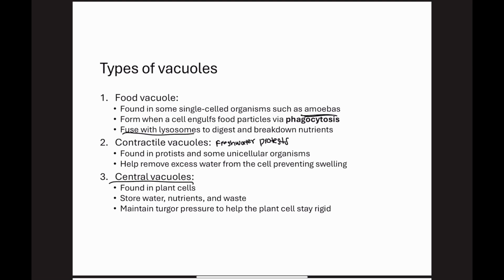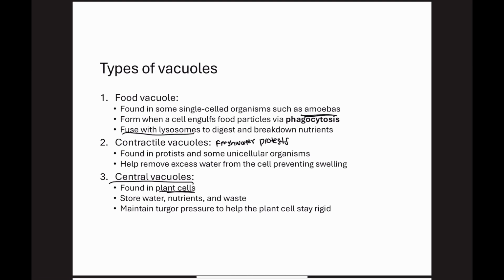Our central vacuoles, they are found in mature plant cells, and they are enclosed by a vacuolar membrane. And that membrane, it's going to selectively transport solutes, which is going to make that vacuolar fluid different from the cytosol. And the functions of these central vacuoles inside of our plants, it's to store proteins, ions, pigments, and metabolic